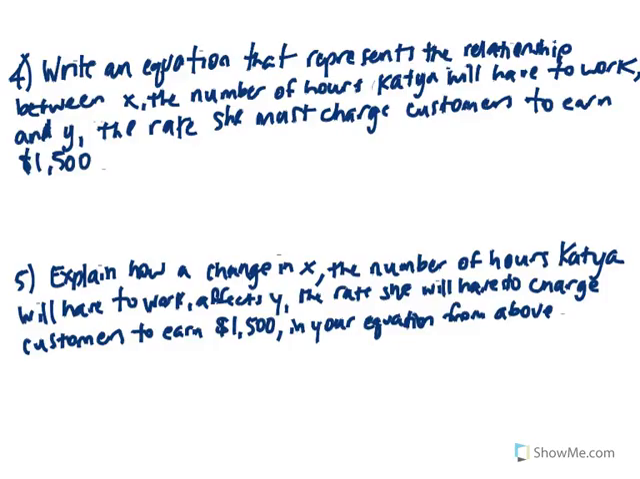Okay, part 4. Write an equation that represents the relationship between X, the number of hours Katya will have to work, and Y, the rate she must charge customers to earn $1,500 in the summer. Okay, so in the first question, when we were trying to find how much she should charge per hour, when she was available to work 125 hours, we did 1,500 divided by 125. So we did total amount of money she needs to make that summer, divided by the number of hours she was available to work, and we got $12 per hour